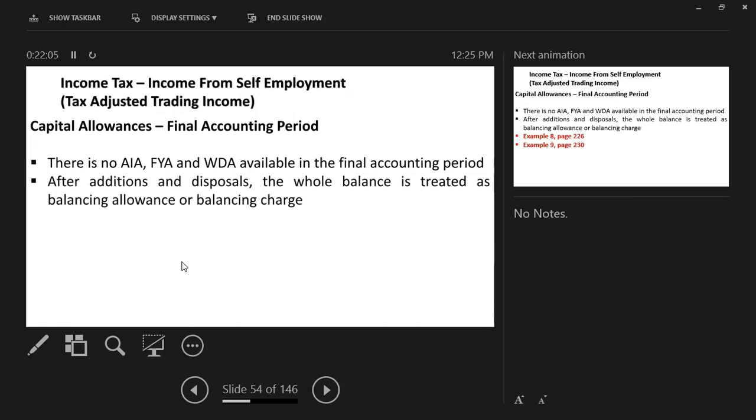Right, next point. After the disposal, after addition and disposal, the whole balance is treated as balancing allowance or balancing charge. Then,